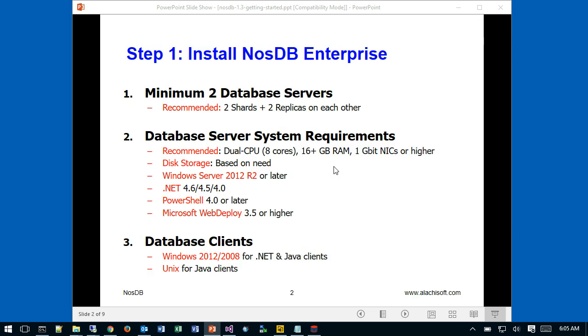So let's get started. Step number 1 is to install NosDB on your database servers. You should have a minimum of 2 database servers for both reliability and scalability purposes. And a typical database server is a dual CPU, 8-core machine, 16 gigabytes or more RAM, and 1 gigabit or faster network card. The disk storage is based on your need. NosDB itself doesn't take a lot of space, but of course it's based on the amount of data that you're